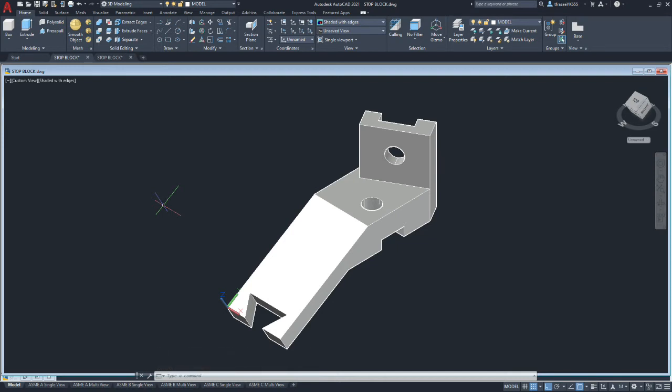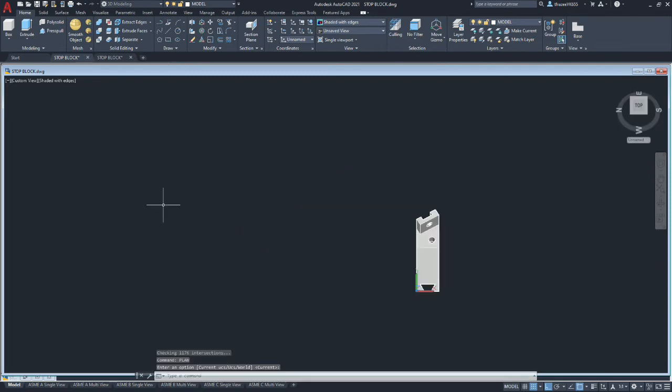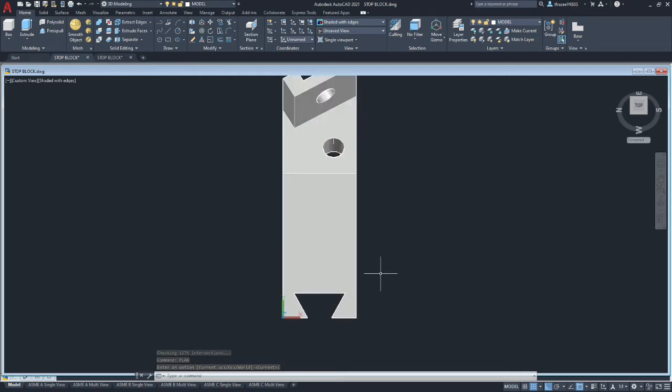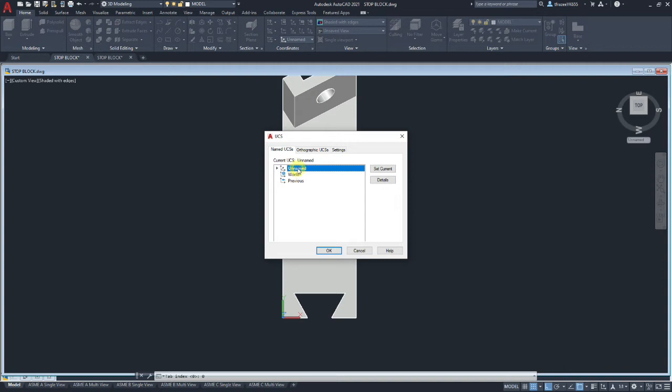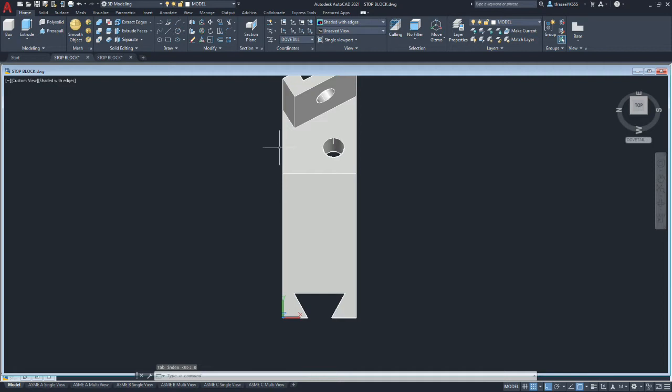Now if we go to plan, type PLAN, and we're going to use the current UCS, and we'll be looking straight in on it at the same angle as the plane. And now we're going to label the UCS. So let's name this one Dovetail, and we'll select OK.